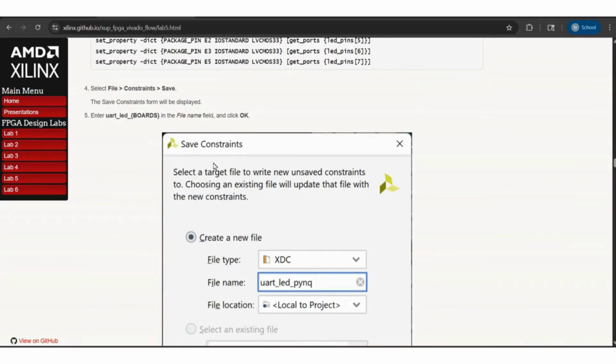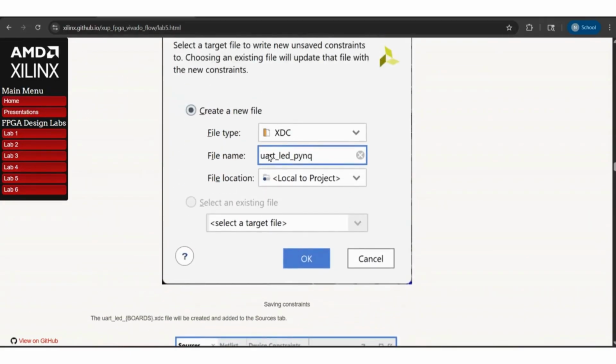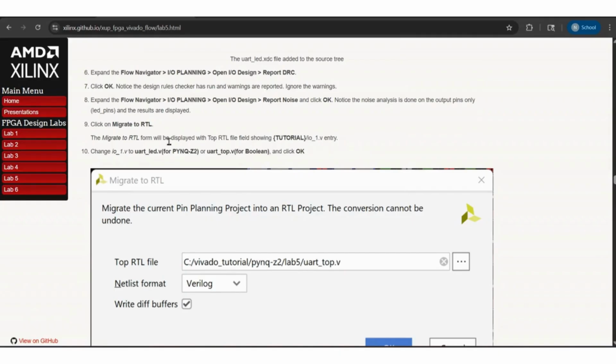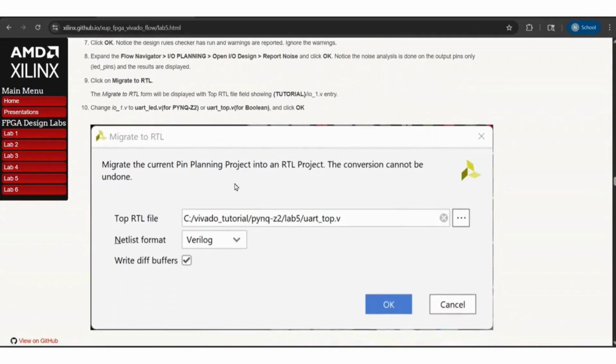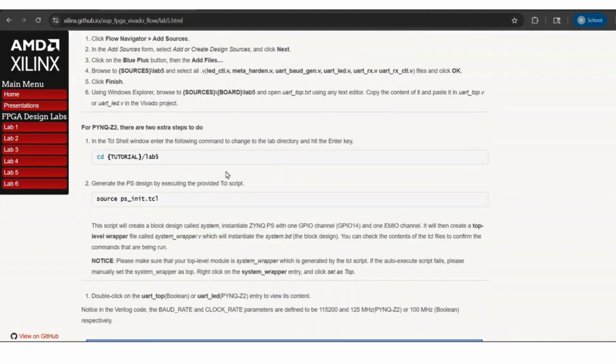Then you have to save the constraint file and write the file name as UART_LED_pynq. Then you have to migrate to RTL project. Then what you have to do is you have to add all the source files. Then you have to copy this file